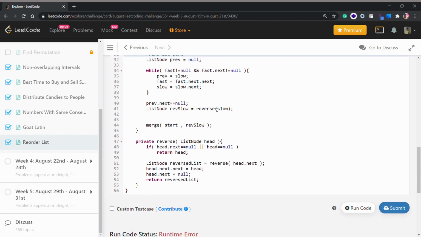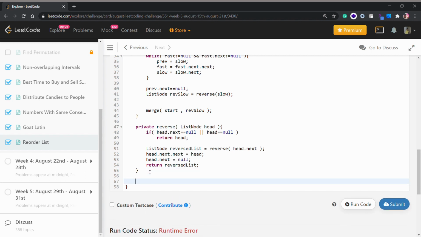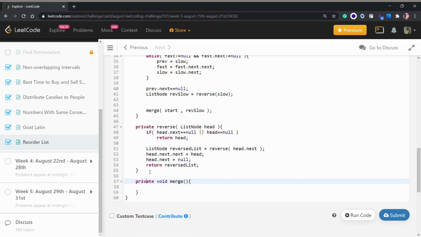And here we reverse our linked list, and then we merge our first half and the reversed second half. So let me write another method, private void. It won't return anything, it will just merge our linked lists, and it will take a list node, node 1, let's call it node 1, and a list node, node 2.